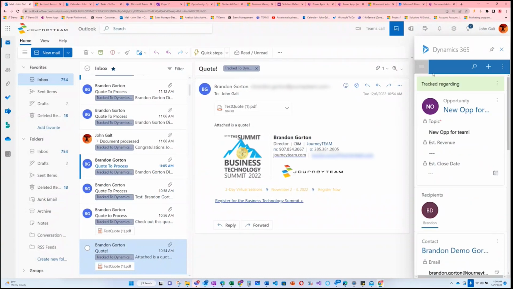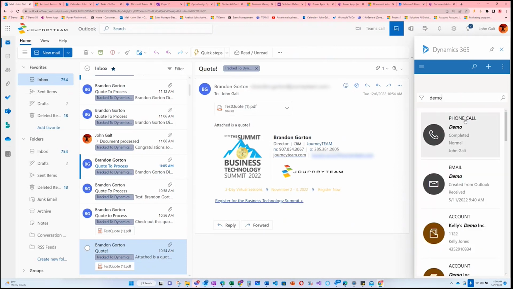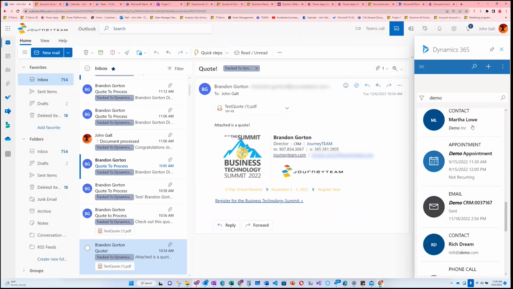I don't really know what it does. You still have your recent and your pinned records, so that can be pretty handy. You still have your global search, so you can search for something. So if I were to search demo, I can come in here and see all of this stuff, and eventually it'll probably show my Brandon Demo Gorton